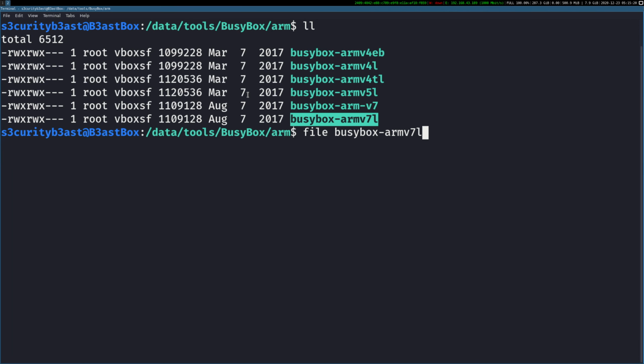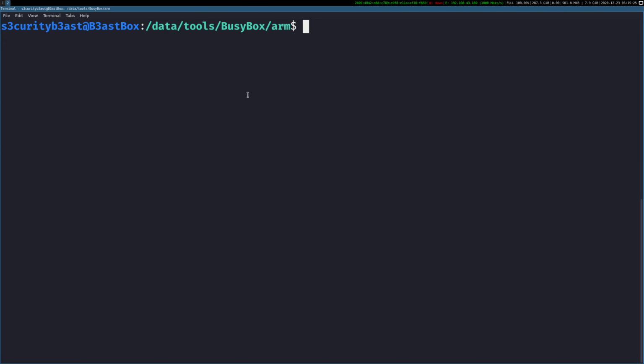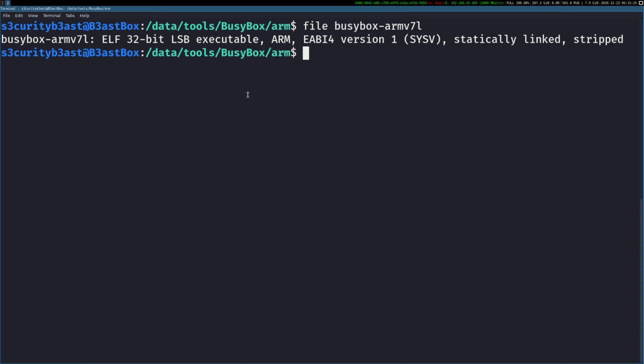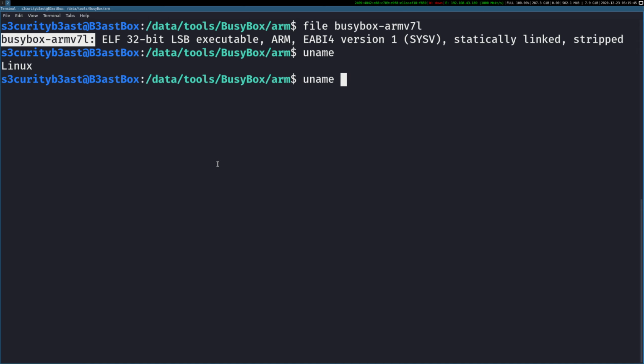With the file command, as you can see, it is saying it's an ARM binary, EABI4 and 32-bit. As this BusyBox is an ARM binary, we have to run it on our Linux machine. Our Linux is currently a 64-bit Linux.